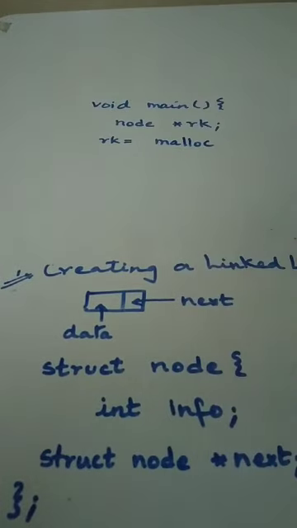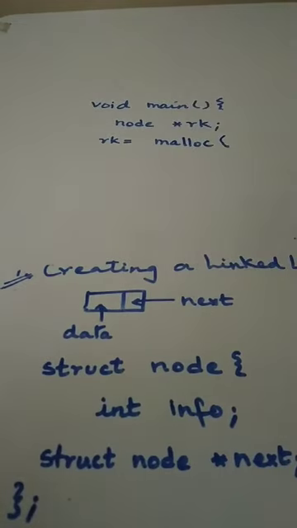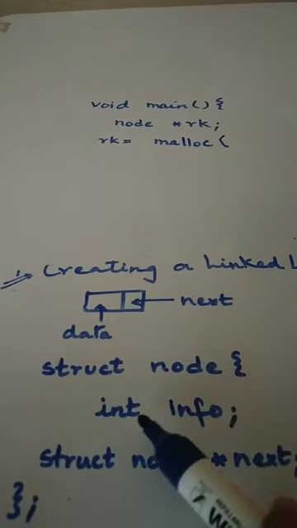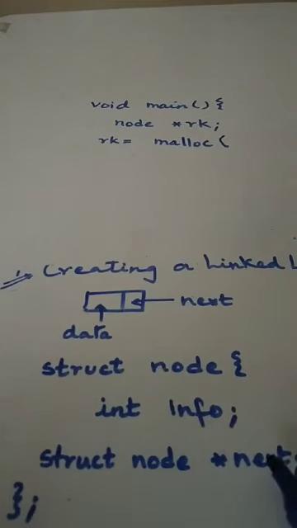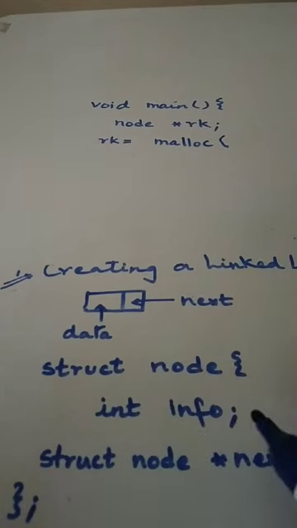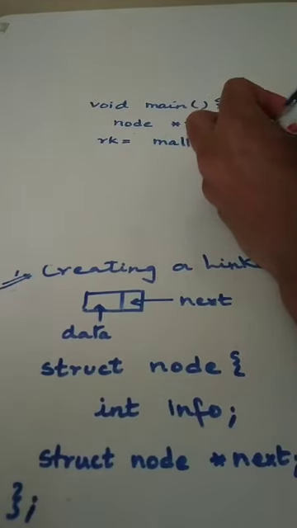Alright, malloc is used to allocate memory. Now malloc takes as a parameter the number of bytes you want to allocate. Here, for a node, what is the number of bytes? For the integer I know it's 2, but for this pointer I don't know how much. So I cannot really say on my own that I need 5, 6 or 7 bytes. So I'm going to play safe and let the compiler calculate